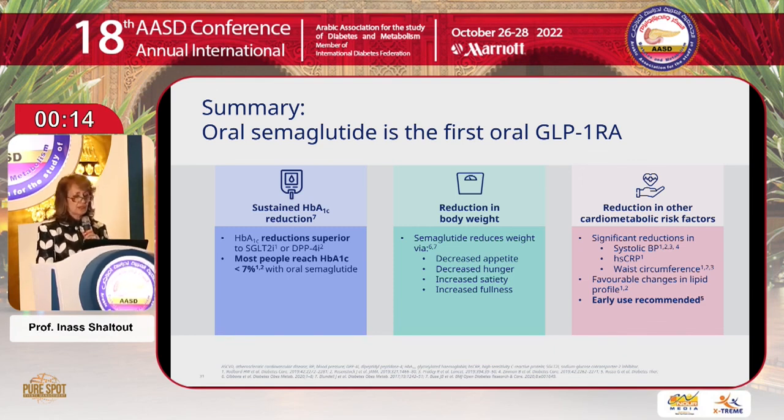There is reduction in body weight by decreased appetite, decreased hunger, increased satiety, and increased fullness, and reduction in other cardiometabolic risk factors like significant reduction in systolic blood pressure, C-reactive protein, and waist circumference,